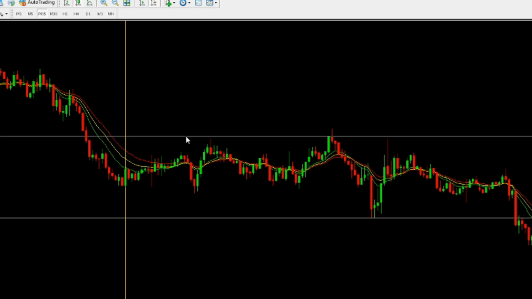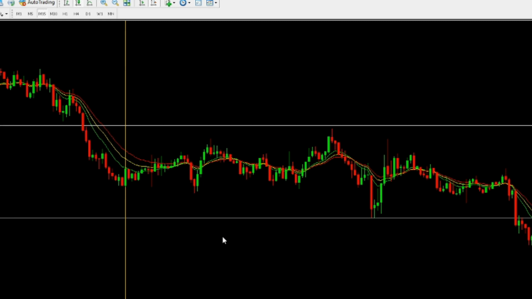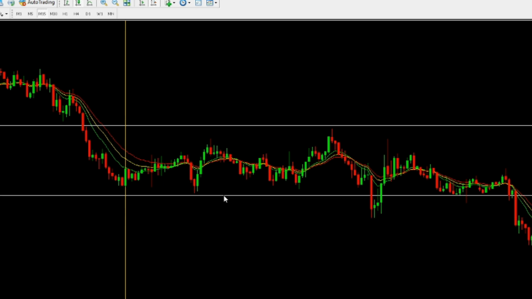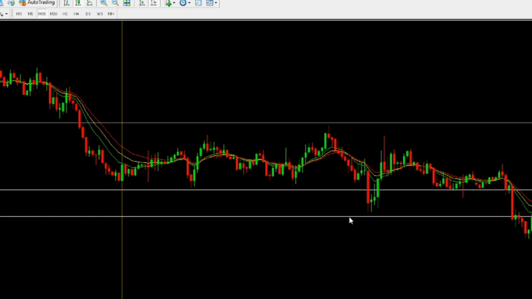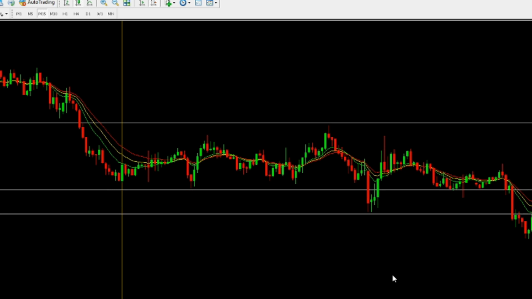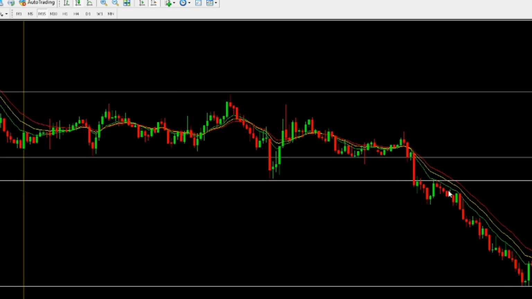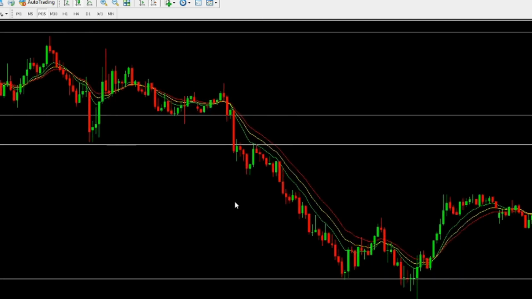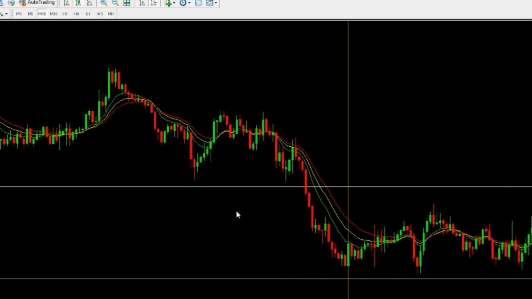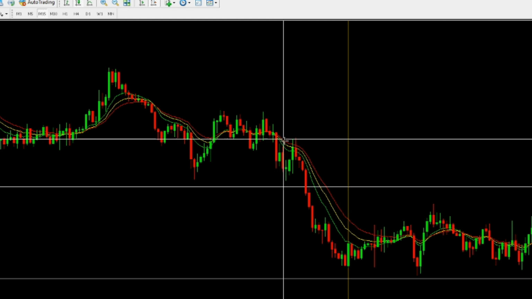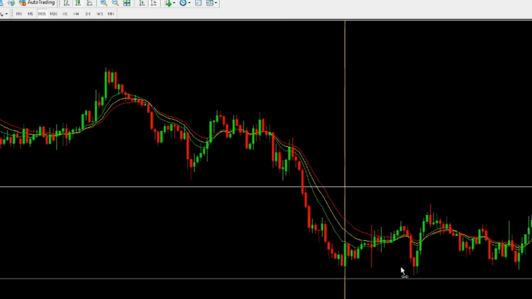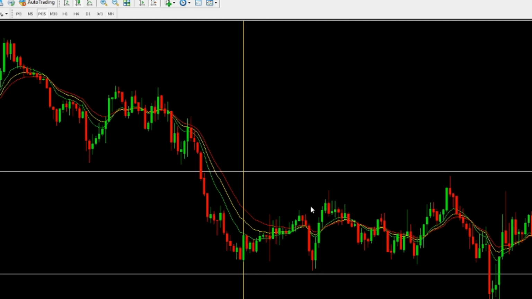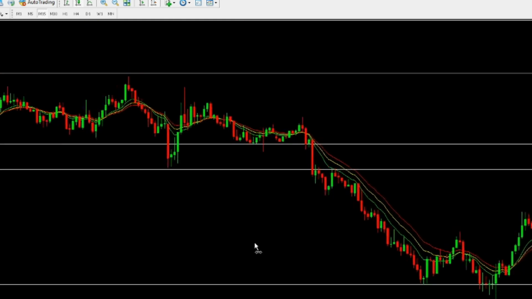It ranges. So better use a smaller one like this. It's really very doubtful when it already moved so much like this, 300. Then there's a bigger chance that it will bounce. But unlike this,